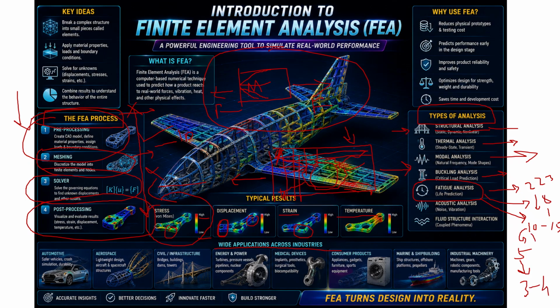Some days maybe two people are there. Some days maybe only the driver is there, for 8 hours. So there are different loading conditions. Then how is your part going to behave in that condition? It comes under the fatigue analysis. We have SN curves in fatigue analysis, and I will explain what SN curves are. So this kind of analysis we can do in FE.